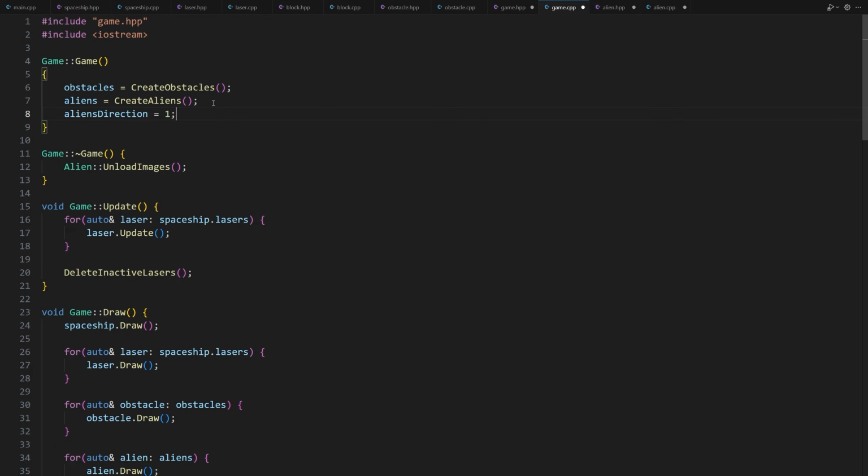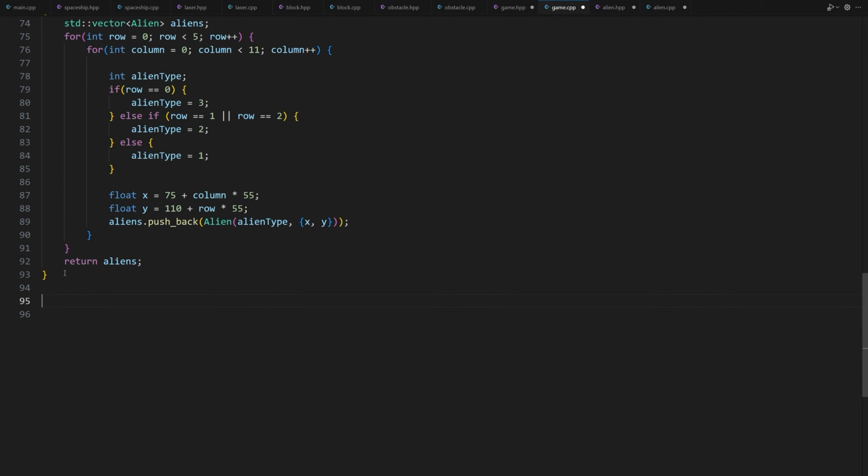It is now time to implement the MoveAliens method. void Game::MoveAliens() {}. Inside this method, we need to call the update method of all the alien objects and pass the aliensDirection attribute as an argument.